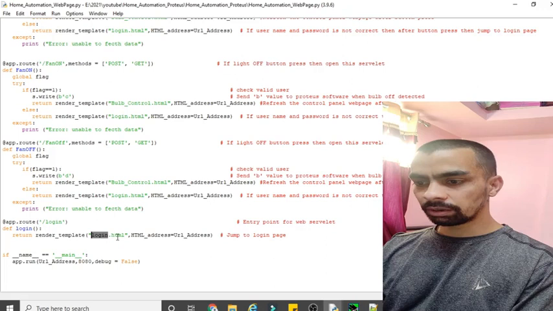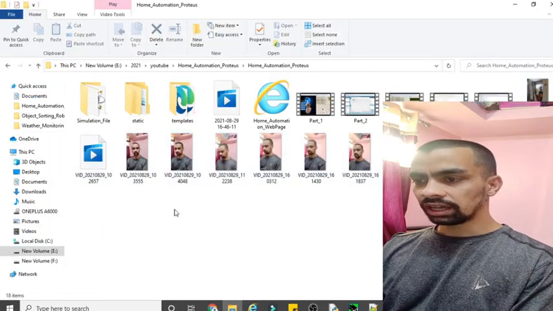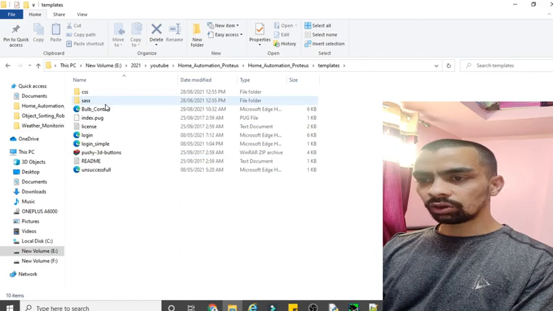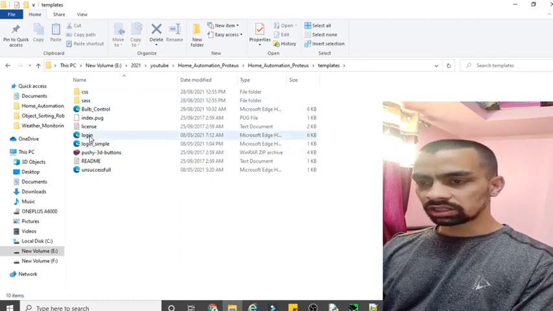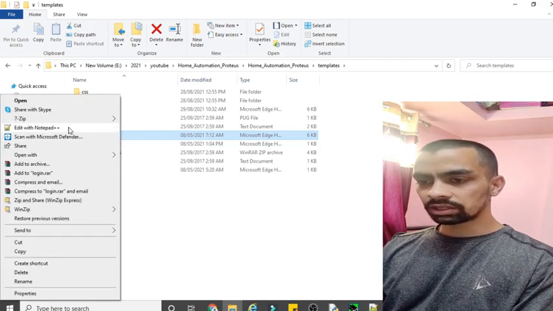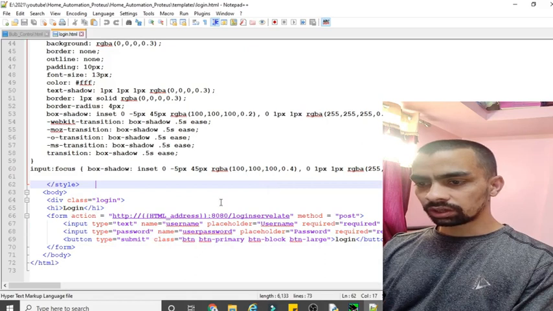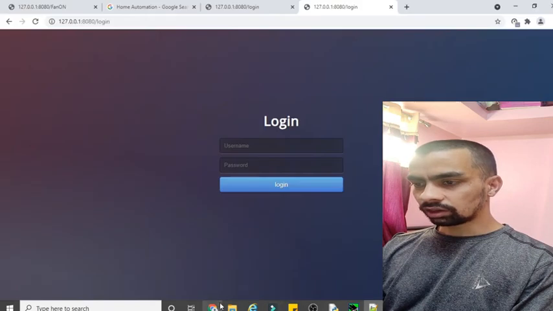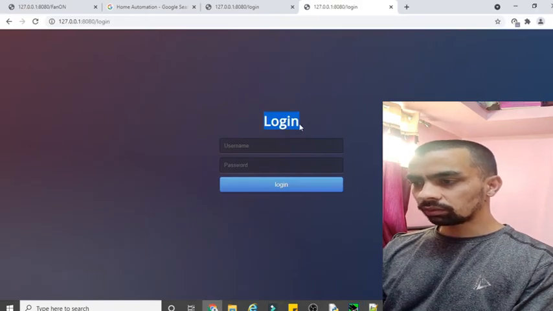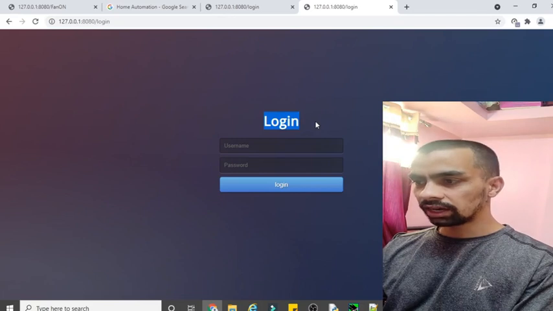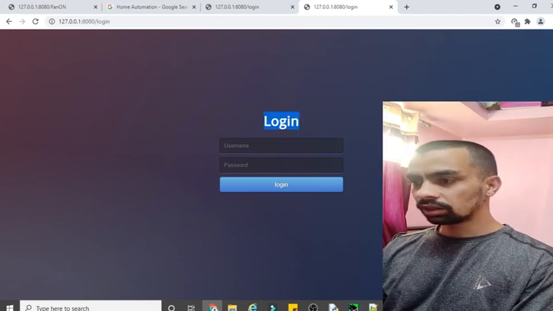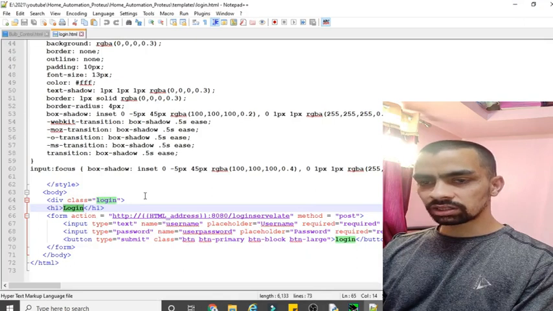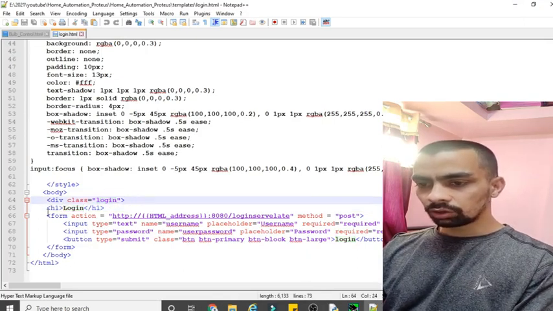And where is this HTML page? Again go to your folder structure and go to templates. Inside templates all your HTML pages are there. So this is login.html. Right click on this page and we will see the code of this HTML page here. You can see the first line is h1 login. You can see in the Chrome browser there is a login. This is one message we have given to the user. What is that message? It is nothing but the login web page. If you want to give any message to the user from your web page, you have to use the h1 tag. So this is the h1 tag.